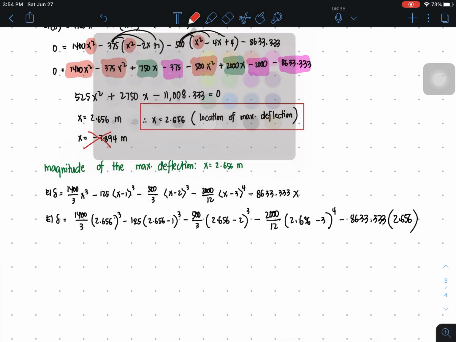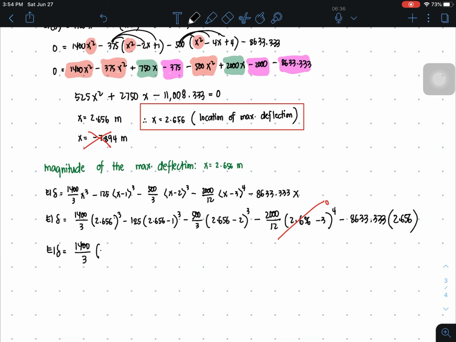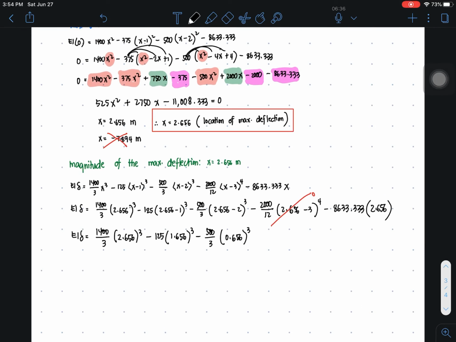After that, this is 0 because it's negative. Let's simplify: EI deflection is 1,400 over 3 times 2.656 cube minus 125 times this is now 1.656 cube, then minus 500 over 3 times 0.656, and that is minus 2, then minus 0, then minus